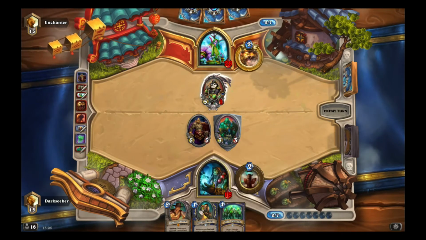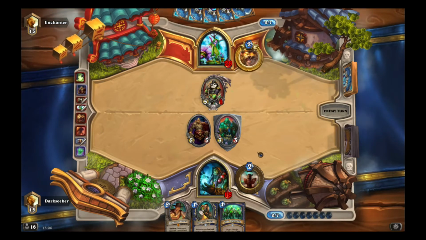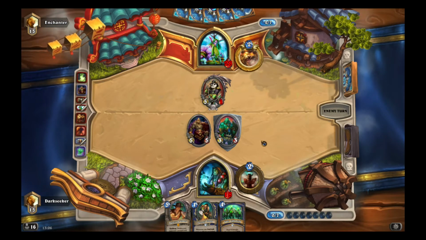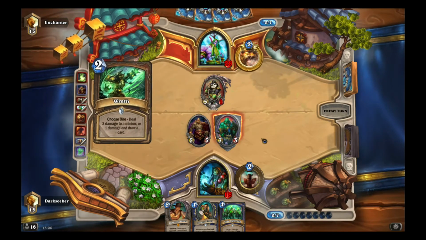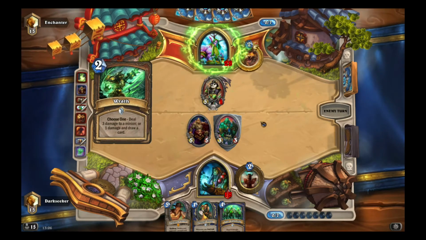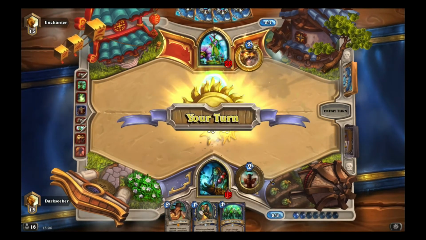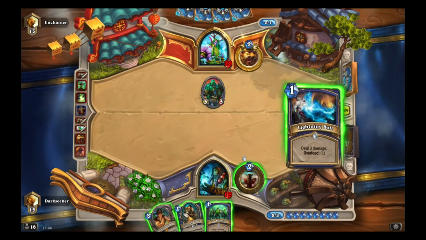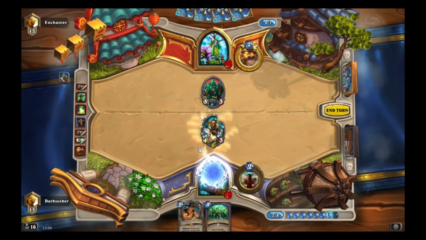So we block Aya with the 3/3. Hopefully our 5/5 is going to survive. The fact that he's drawing cards is quite scary because presumably we're going to see more golems. Oh wow, he's got Wrath. Every answer to every question that I pose. Unbelievable. But he only gets a 3/3, so that's